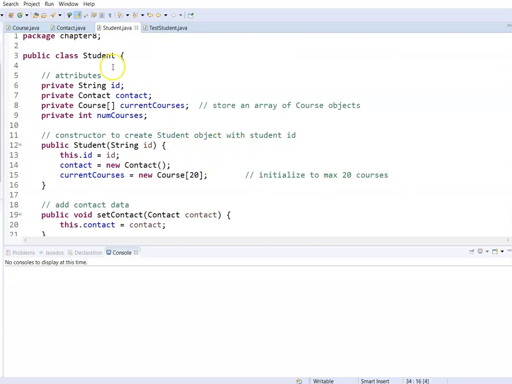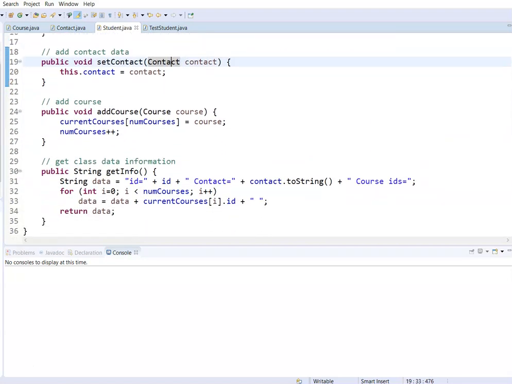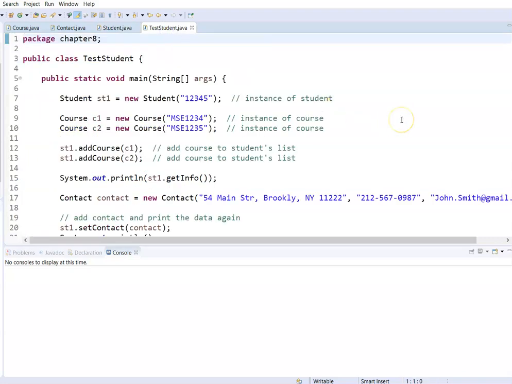Obviously very simplified, but it gives you an idea of different types of attributes you can have. It gives you an idea how you pass a string versus some more complex data structure, and then how you can format data so that it can be, for example, printed out to the screen. So then in our test, we're going to execute some of this code to show that it works.